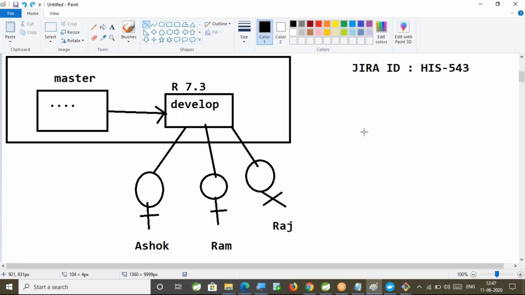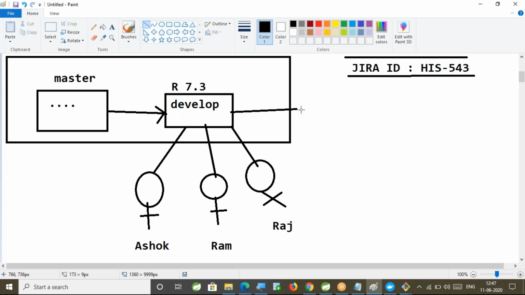Now, if I go and change directly in the development branch, it will impact the remaining two developers' code. Ram and Raj are also working on the same branch for the same release. I am also working on the same branch for the same release. Whatever code I commit to release 7.3 may disturb the functionality of Ram and Raj's code, because of the code that I am doing for Vert.x. Are you able to follow me? To avoid this kind of problem, as an experienced person, when I am working on such a story, what I will do is, from this development branch,